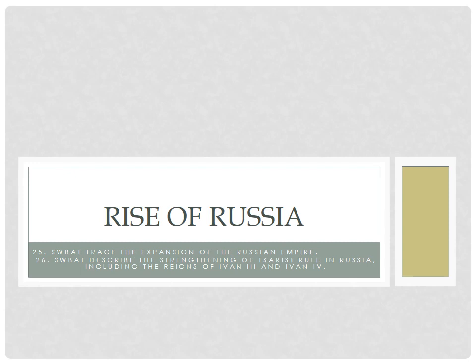The Russian civilization. So this is objectives 25 and 26. We'll talk about the expansion of the Russian Empire and how Russia shifts from Mongol control to a Tsar rule and how the Tsar strengthened his rule. So you can go ahead and number your notes, number 25 and 26.